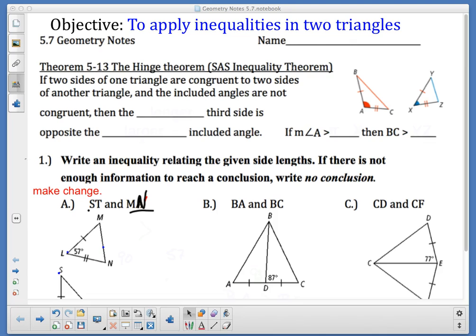So here's the day. The last new material for Chapter 5: apply inequalities in two triangles, and we're going to be working with that range of possible values with those two triangles. Then we have the hinge theorem and the converse of the hinge theorem. And we're going to check our green sheet, that's inside the notes packet on the back, because it has all the topics covered in Chapter 5.